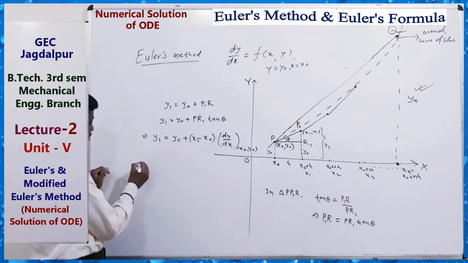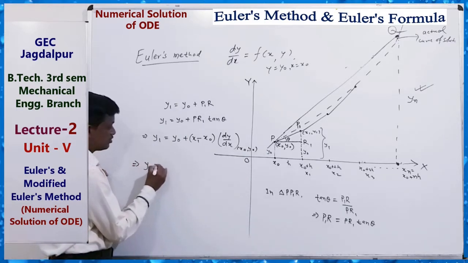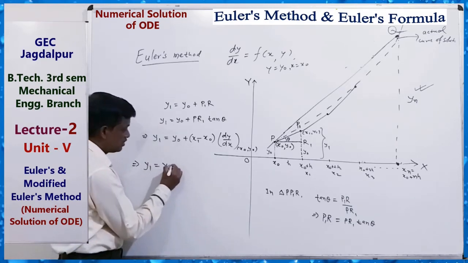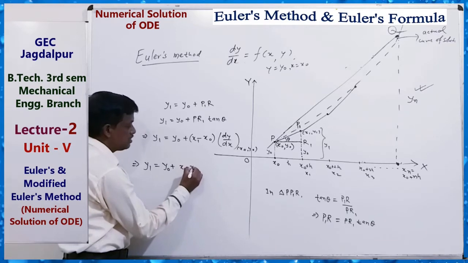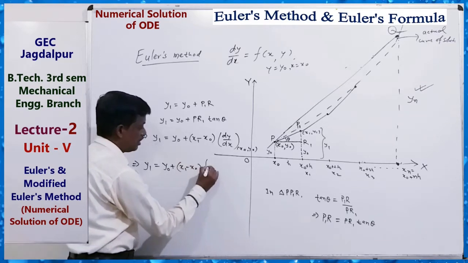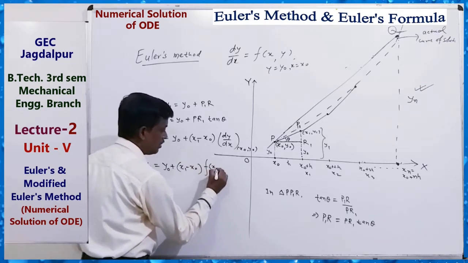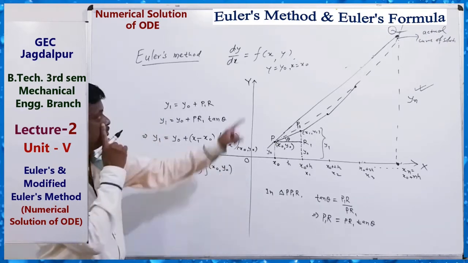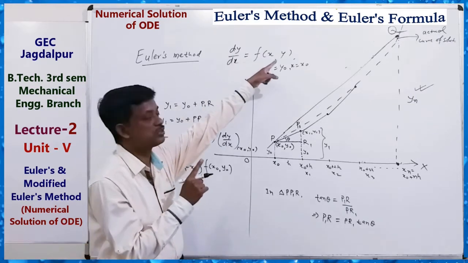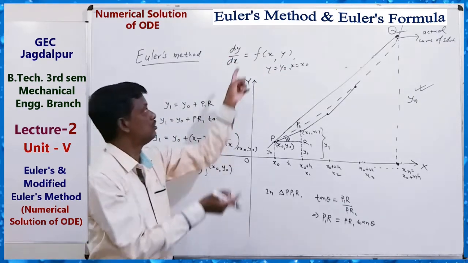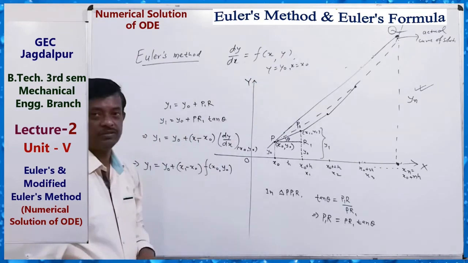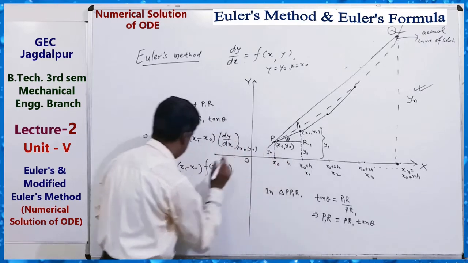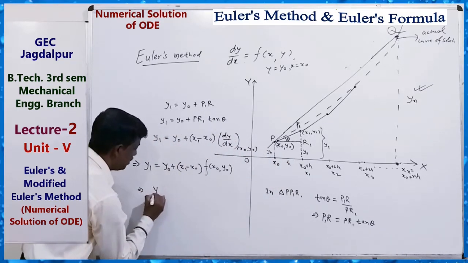So from here, we see that y1 equals y0 plus x1 minus x0 times f(x0, y0), because dy by dx is equal to f(x, y), so dy by dx at x0, y0 is f(x0, y0). And x1 minus x0 is h. So finally